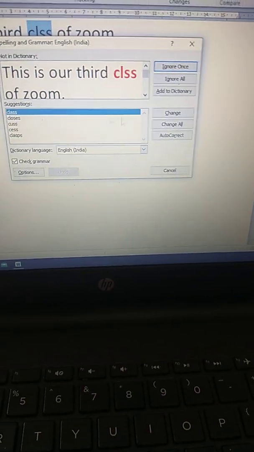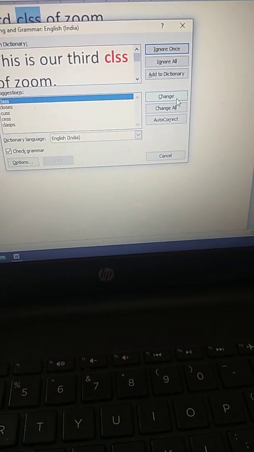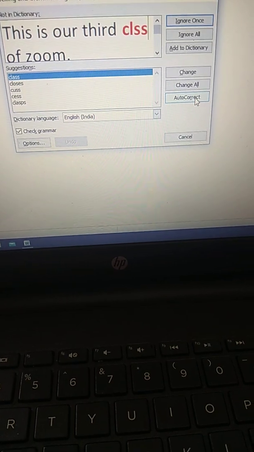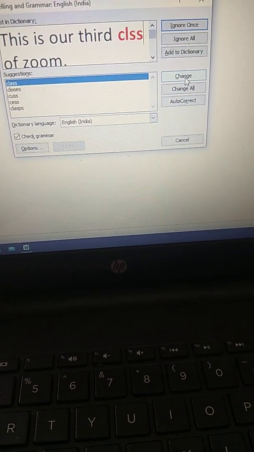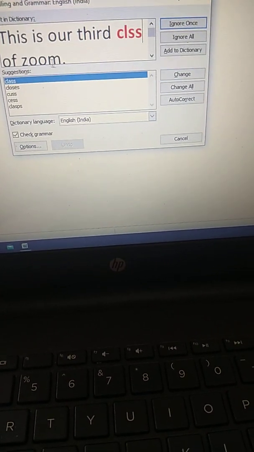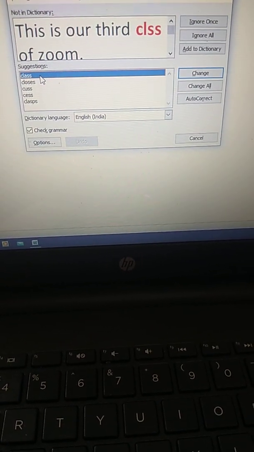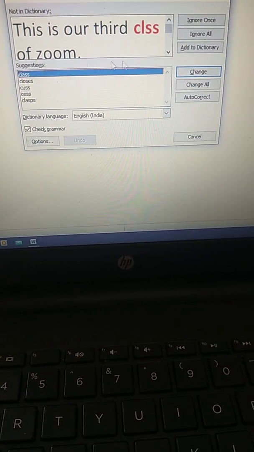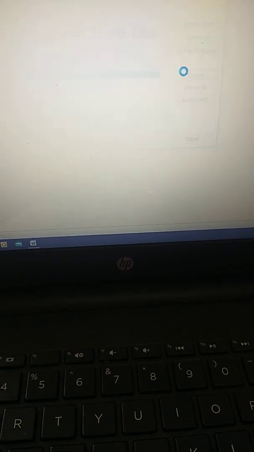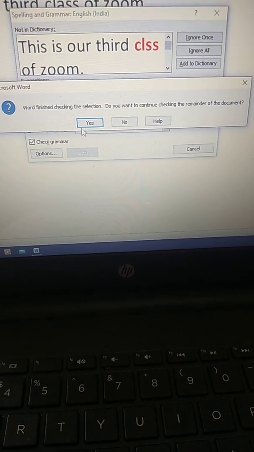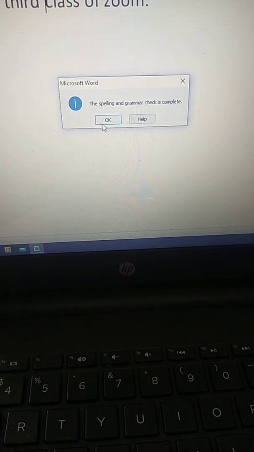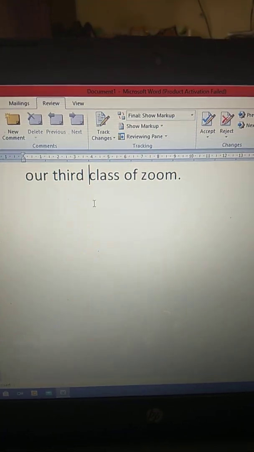One option is change, and there is also an autocorrect option. When you click change, the word suggestions are shown here. Click on the correct word, then change. It will be done, and the word has been changed.